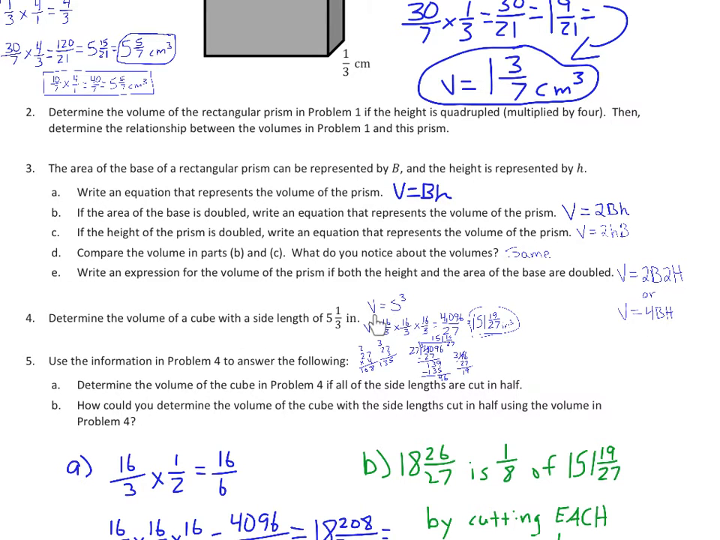For a cube, remember, cubes are side cubed, or this number, whatever the length is, times itself times itself. So 16 thirds times 16 thirds times 16 thirds is 4096/27, which ends up being 151 19/27 if you divide, and then you get your remainder. And so for number 5,